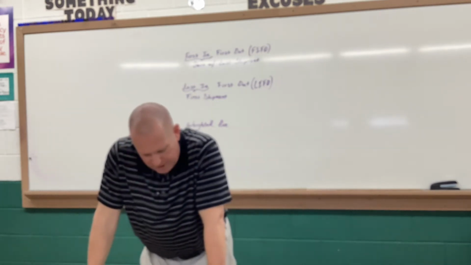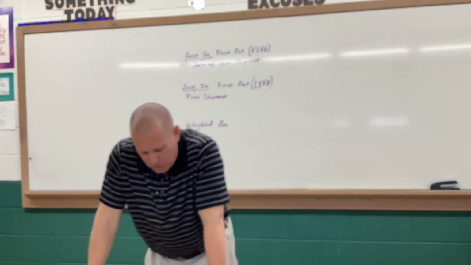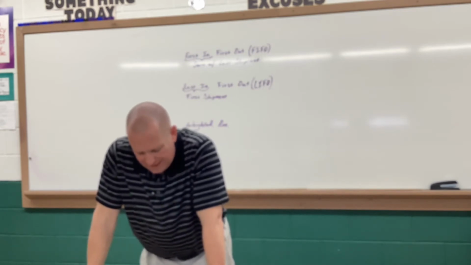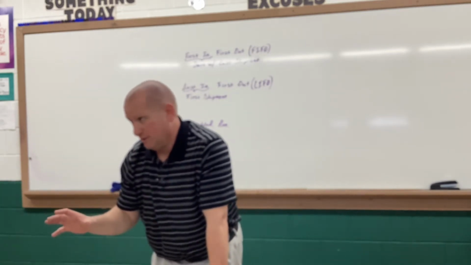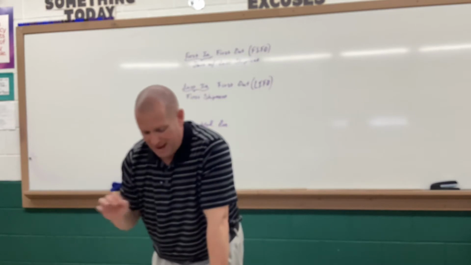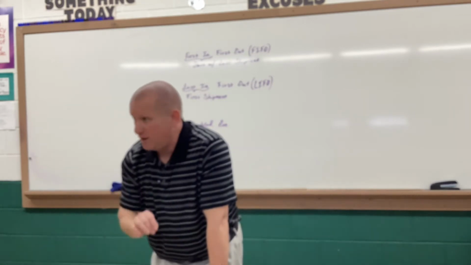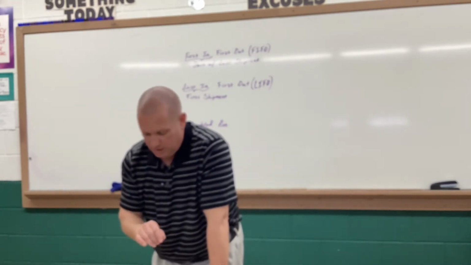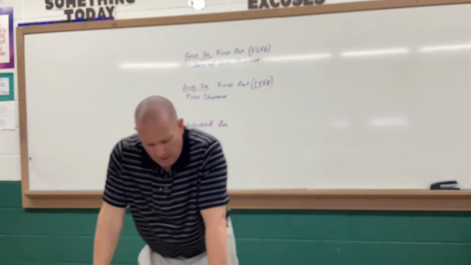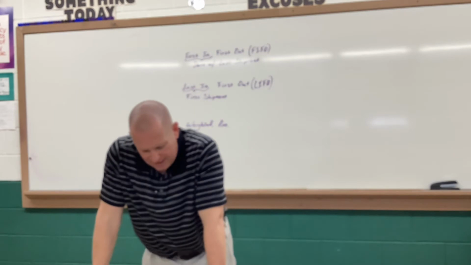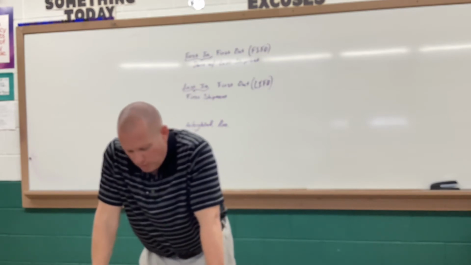It says, assume the beginning inventory was 112 units and the ending inventory is 142 units. That doesn't really matter to you either. The only thing that matters between those two numbers is what they're going to use, FIFO or LIFO. In letter A, it says find the ending inventory's value